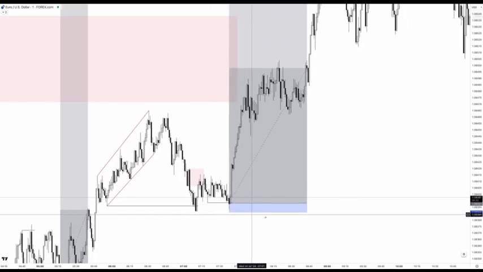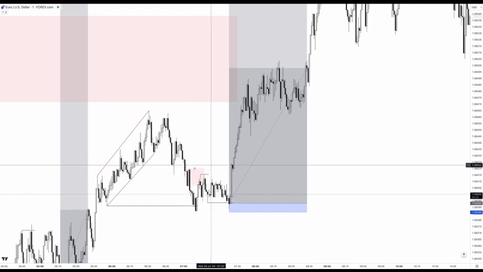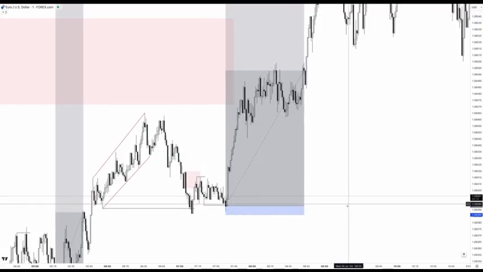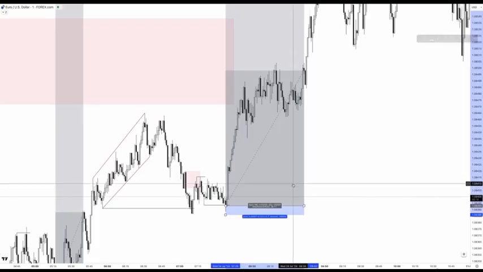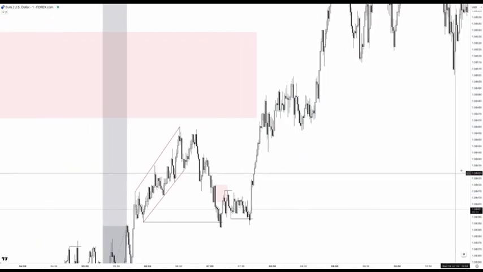It would have been a lot better if the market actually took out this high right here, this one right here, and stay below these highs, and then came lower and swept the low. That would have been a lot nicer. However, the market didn't do that. So it's not the best of entries, but you can kind of sneak an entry right there. Another